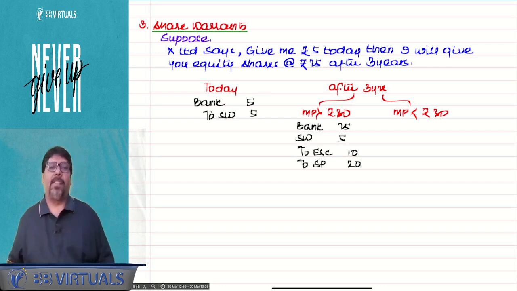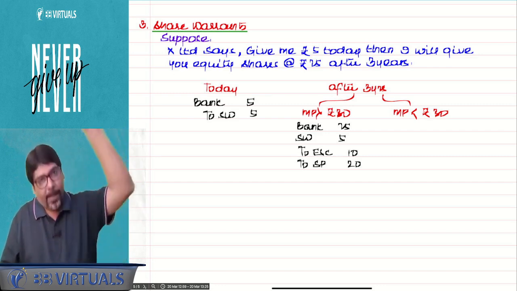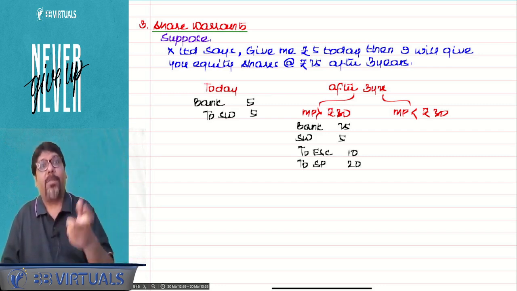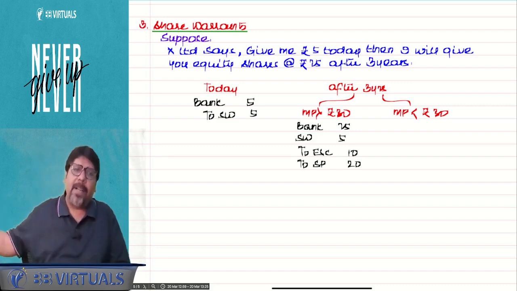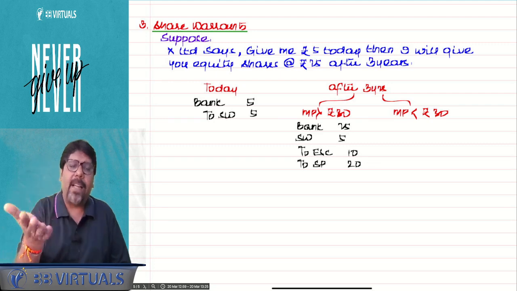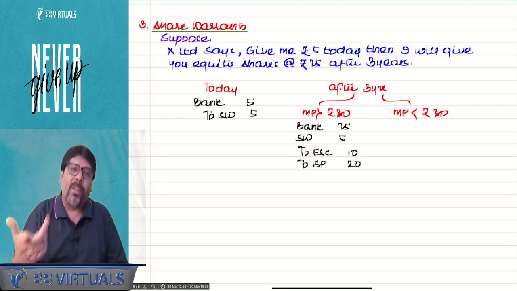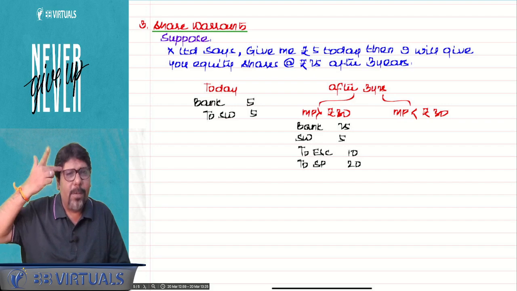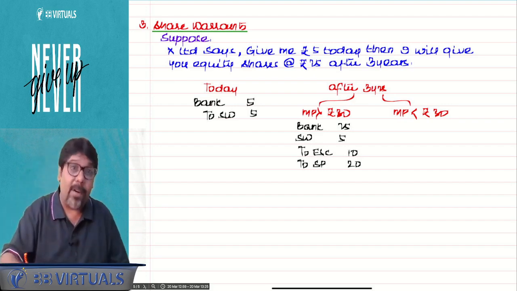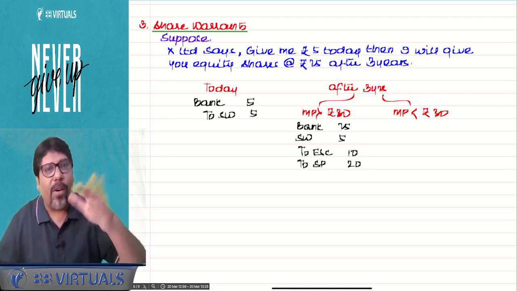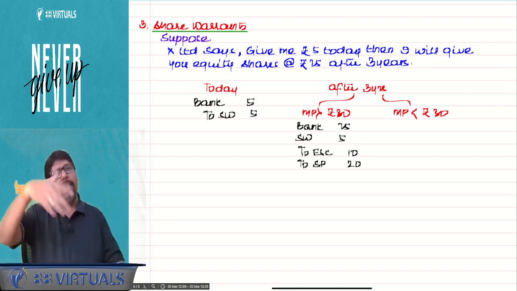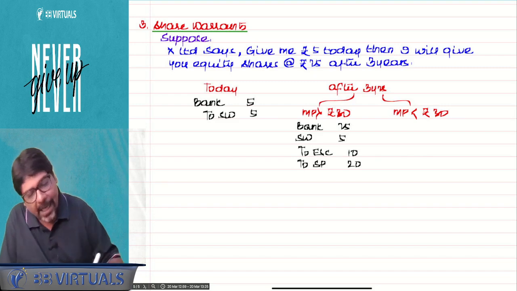Sir, I will not buy the share because 5 I have given earlier, 25 I give now. So cost of share to me is 30 rupees. Then market price is less than 30. Sir, if market price is less than 30 and I buy at more than 30, don't you think my screw is a little loose? I will not buy. If you don't buy, you have to forego 5 rupees. No problem, sir. I am ready to forego that 5 rupees. Correct. The company will get this